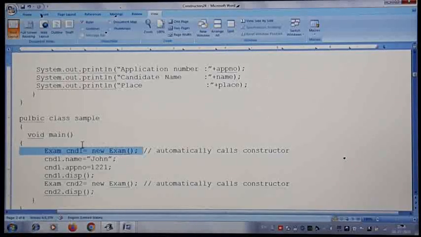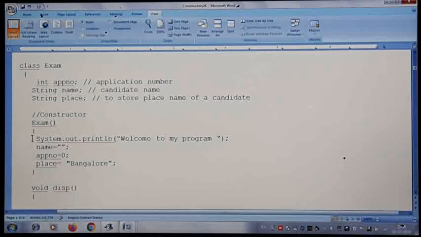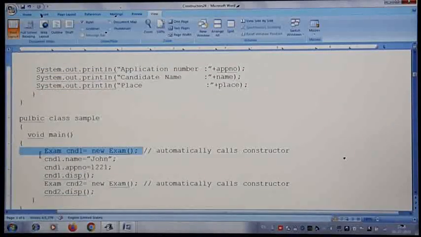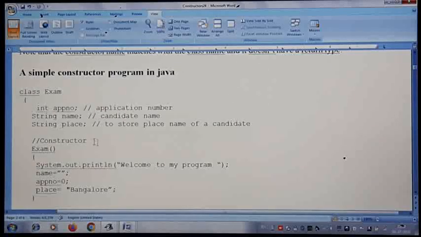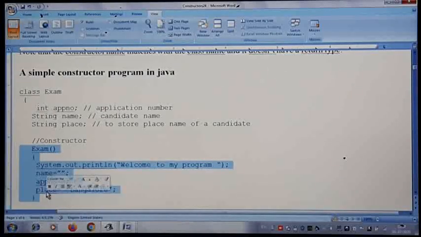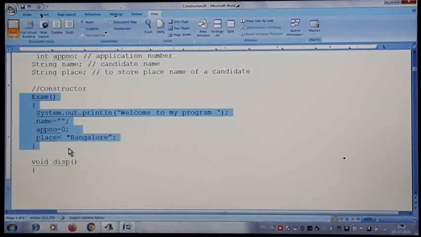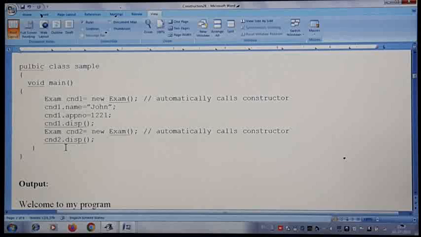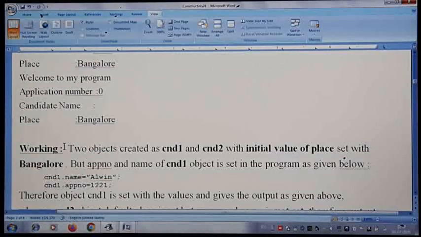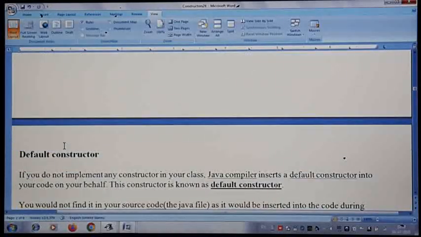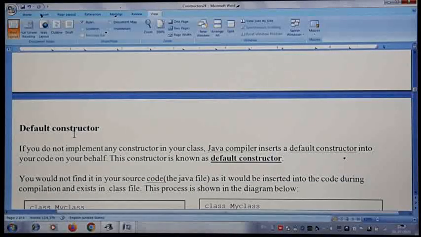But if you see this example, okay fine, we have written a constructor and this is how the command is working when I create a statement like this. But if you think of the last chapter where we wrote the same kind of statement, the program was still working fine, though there was no constructor with the same name as the class name. So there was no constructor but still the program was working fine. How was it working fine? Because we have a default constructor. So let us understand what is the default constructor.